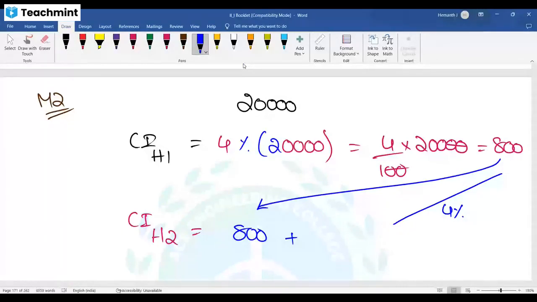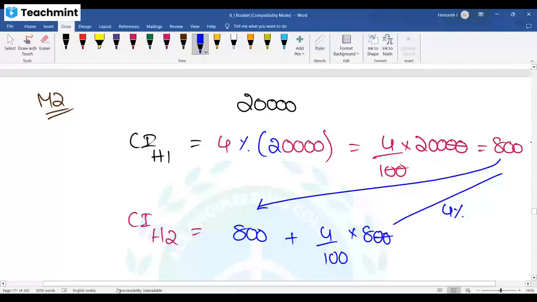So what is 4% of 800? 4% means 4 by 100 into 800. What is this? Extra 32. So 832, right? Now, 1 year is completed. Completed or not? Yes. Now, what is the total interest? 1632. See? Without a calculator, people are able to do it in a faster way. It will take a bit less time comparatively. There is a third method we gave in the introduction, but this method will save time for you in the exam. First one when calculator is allowed, second one when calculator is not allowed.